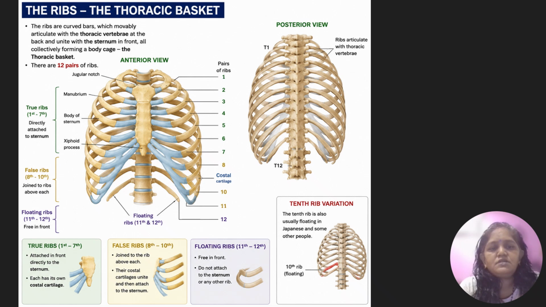Now the 1st to 7th ribs are directly attached to the sternum, and that's why they are called true ribs. There are 12 pairs. Now 1 to 7 are attached directly to the sternum, and 8 to 10 are indirectly attached to the sternum, while the 11th and 12th are free. Now, as I have told you,